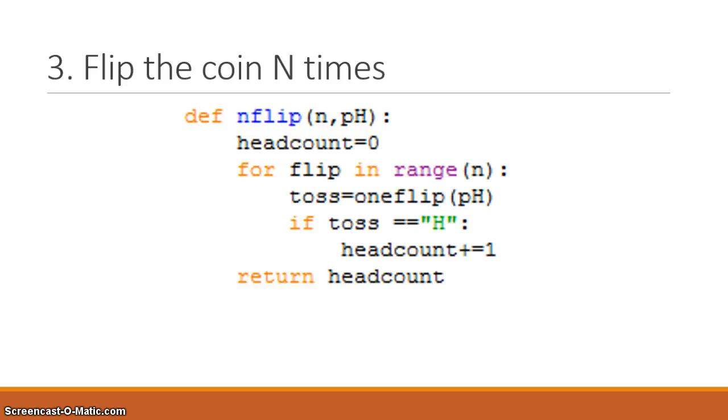Then I set the toss equal to flip of pH. So the toss here can be H or T. If the toss equals H, the head count will plus 1. So that's how I can count the heads